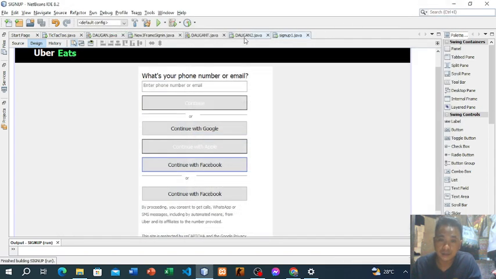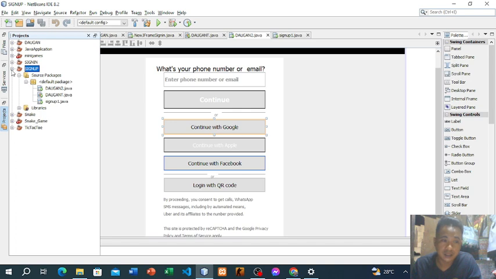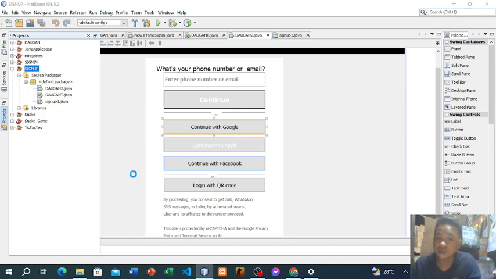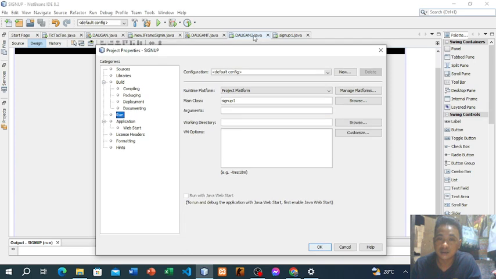But my final output is this Daugan2.java class. To run that, just go to sign up, go to set configuration, customize, then set this main class to this one, since this is the Daugan2.java, my final output.